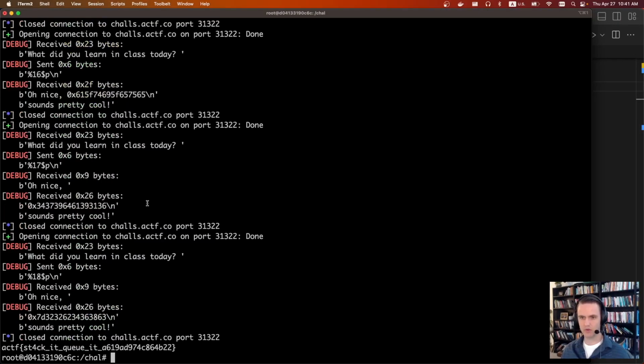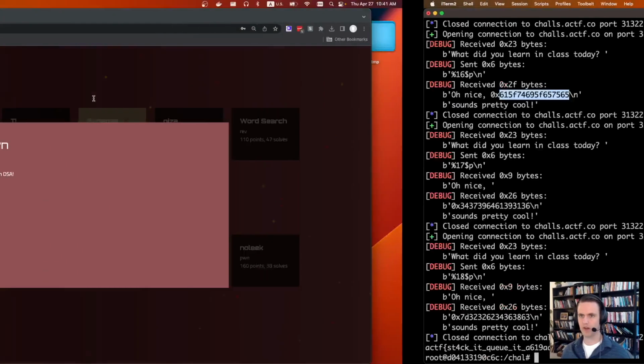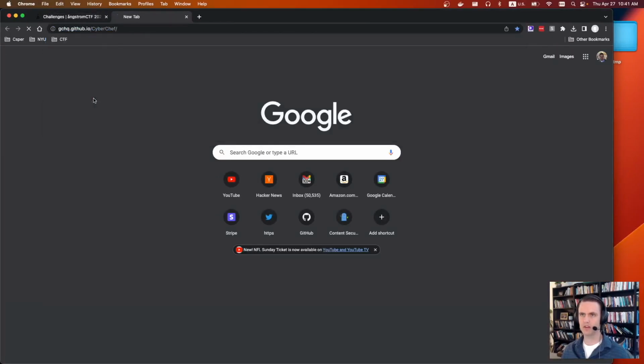I turned on debug mode to see what we're actually sending back and forth. We opened up a connection. We received "what did you learn in class today". We sent these bytes, so print out the %p, so just hexadecimal of the 16th element on the stack, and this is what we received. And so we're receiving hex, but I convert it manually in Python, but you can use CyberChef or something like that. So if we go to CyberChef,